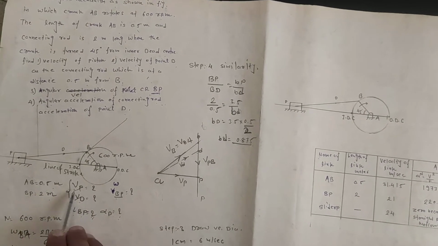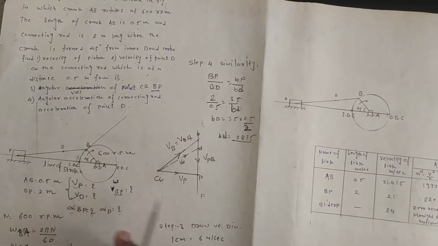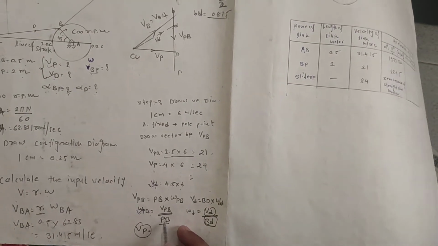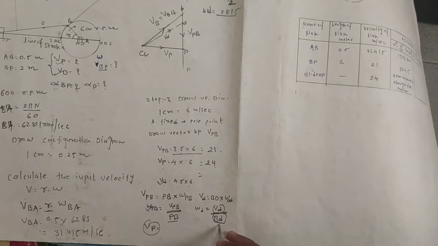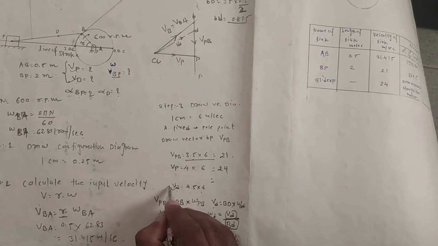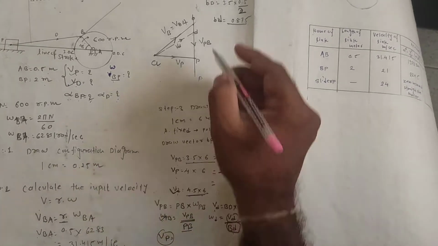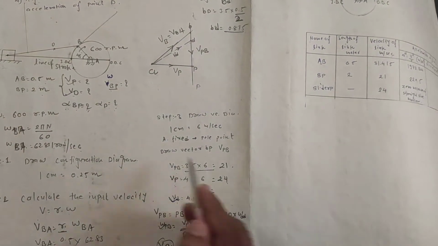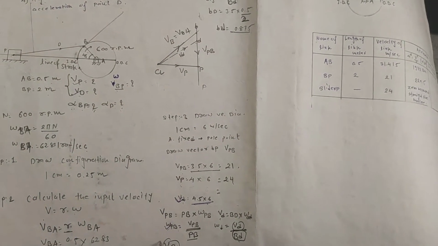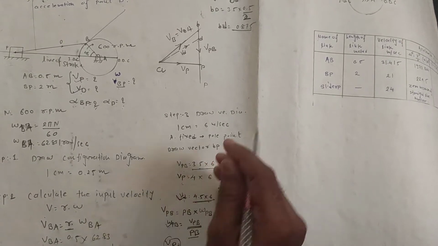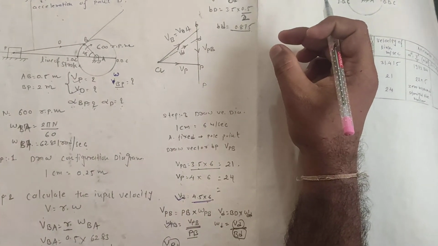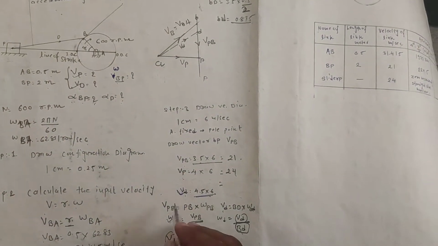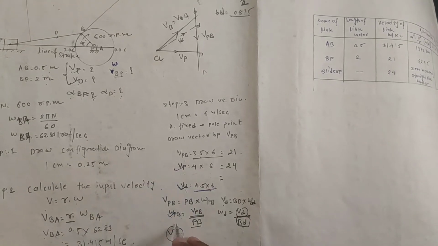So in the last lecture we found VP, VD and omega BP. Omega PB we found by using this equation, and VD could also be found from this equation, but that is not needed. VD we can directly calculate by measuring the length VD. Another point, VP, the piston velocity, also does not need to be calculated. VP we find by measuring this length, that velocity magnitude. So in this way we found VD, VP and omega PB.